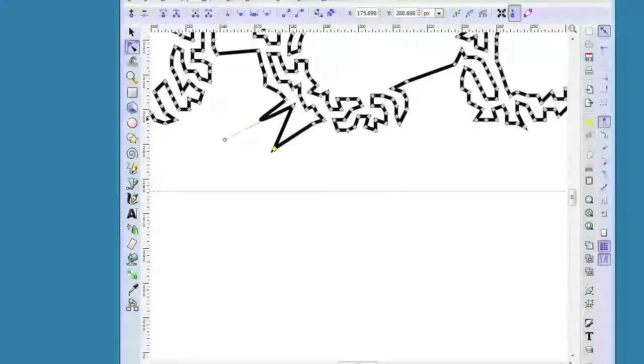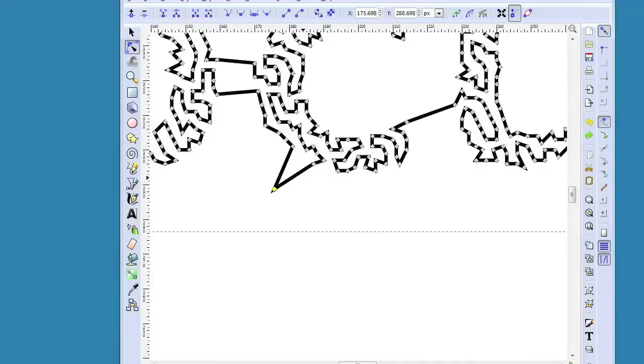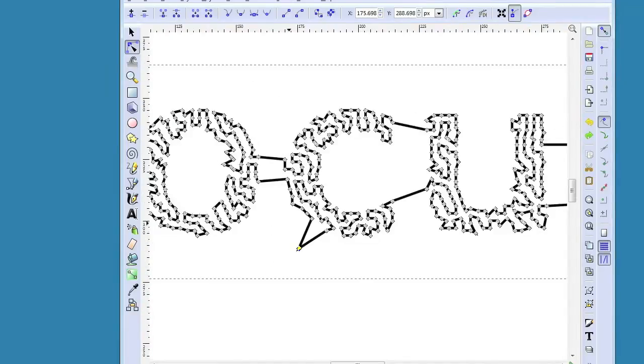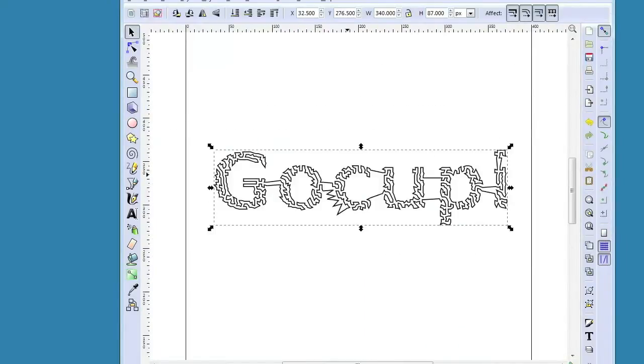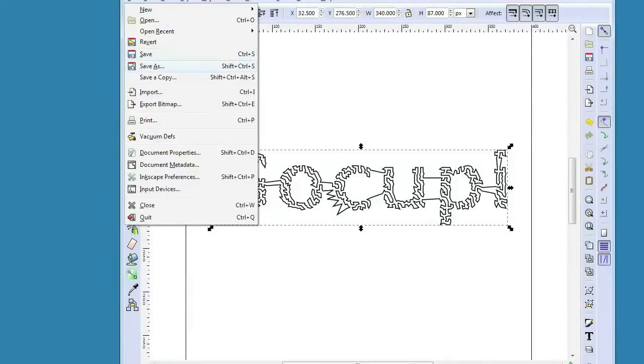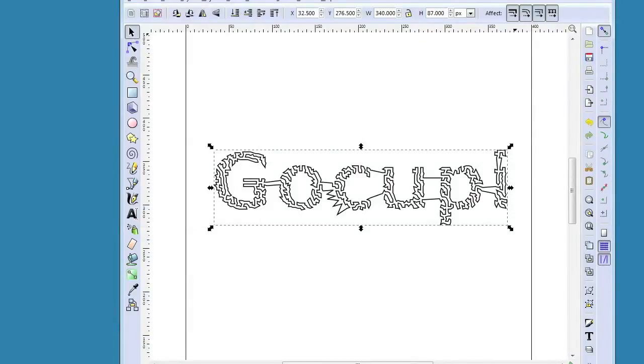But if that happens, just go ahead and undo whatever path move that you just made. But you can come out here and adjust whatever paths that you want to adjust and have them look however you would like. And this is fairly easy. So now we can save this and close this out.